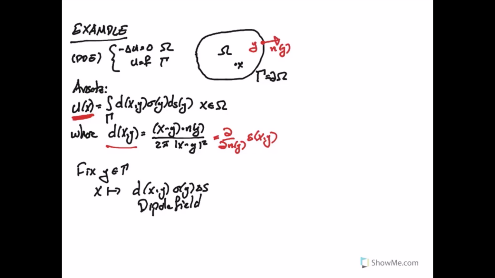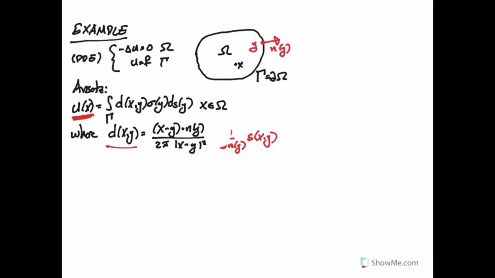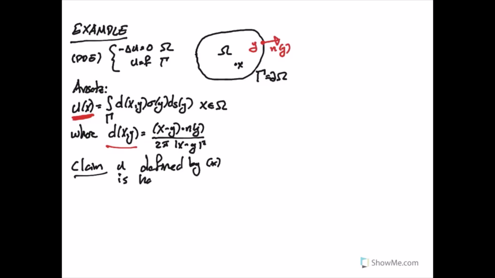So let us summarize this. I'll clear the slide a little bit, and then let's just put: u defined by star is harmonic. The intuition is again based on a superposition idea. It's a superposition of fields generated by dipoles. If you want to prove it mathematically, then you must differentiate under the